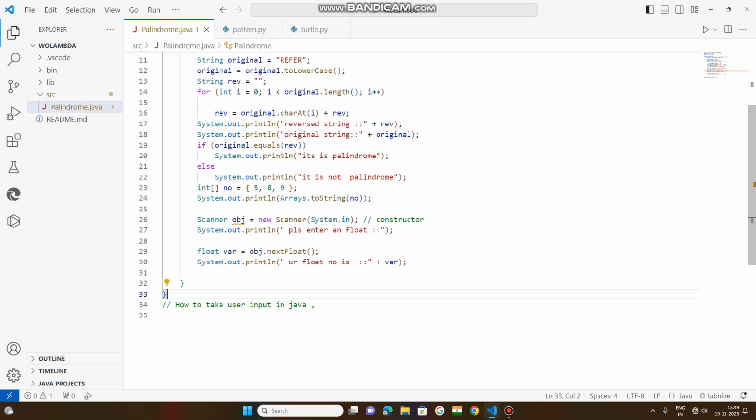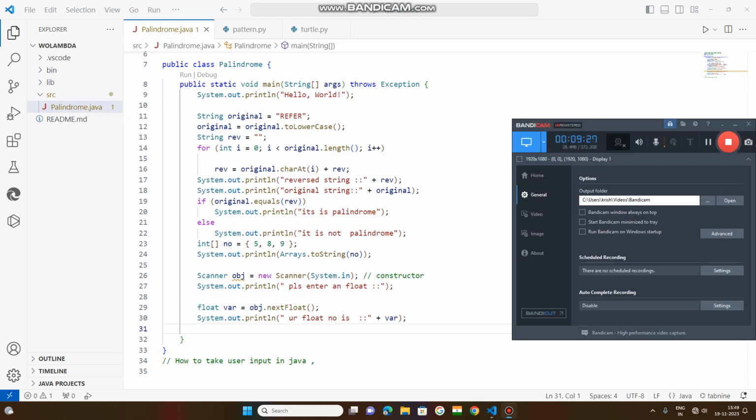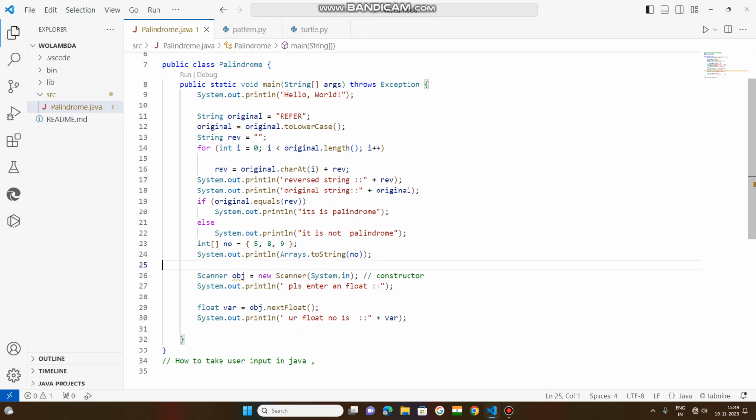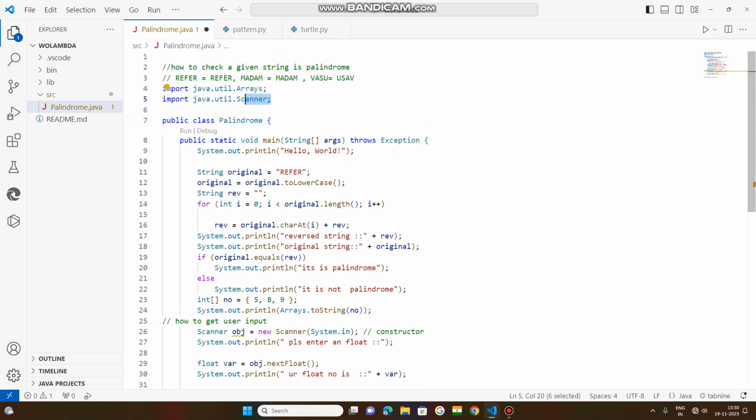In this manner we can take the input from the user, from the keyboard, whether it is a string, an integer, or a float. You can get it from the keyboard. Your comment is how to get user input. To read user input, we need to import a class, the Scanner class, that is part of your